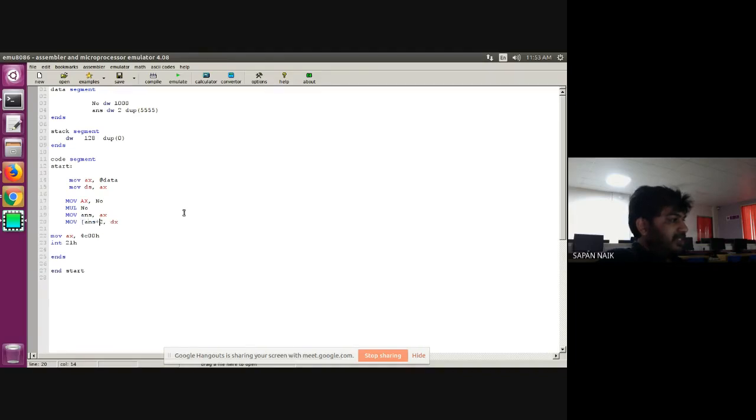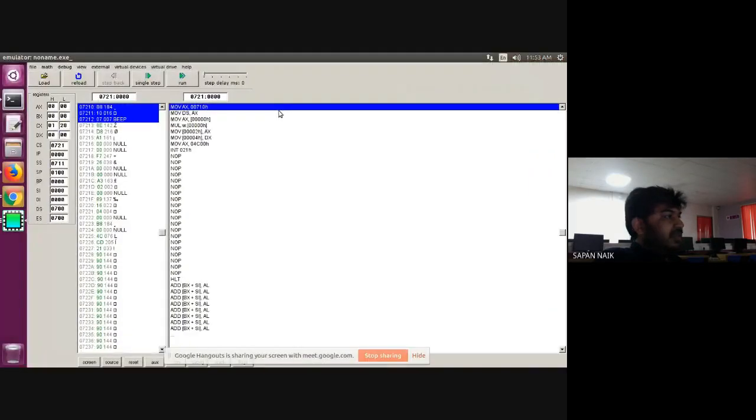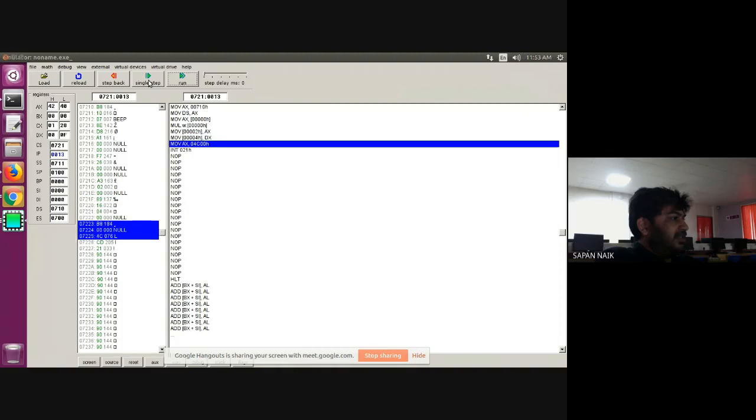So let's try this square bracket, because square bracket will take your address, right? Okay, now it is 0004. So I think now it should get transferred, but let's see. Single step.